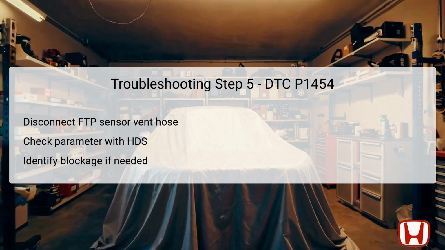The fifth step focuses on the FTP sensor vent hose, starting with disconnecting the vent hose from the FTP sensor itself. Once disconnected, testing the sensor with the HDS is necessary to check pressure readings again. Matching these readings against the threshold will reveal if the vent hose is indeed blocked, contributing to the DTC code. If the pressure values align appropriately, it indicates that the hose is clear and the problem likely resides elsewhere in